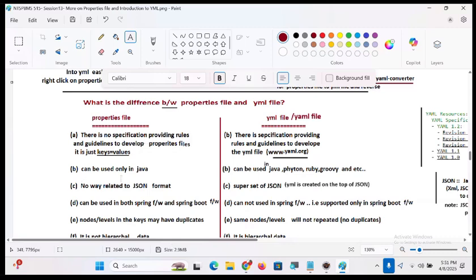Can be used only in what? Java. Can be used in Java, Python, Ruby, Groovy, etc. It is in no way related to JSON format. YML is a superset of JSON, guys. YML is created on top of what? JSON. Okay, since I introduced JSON,